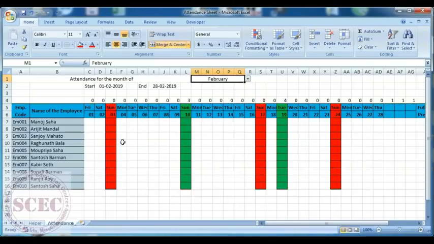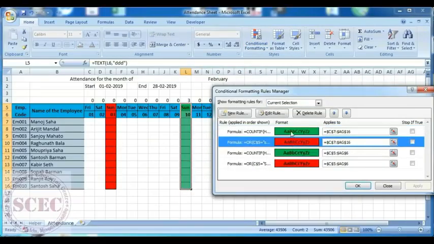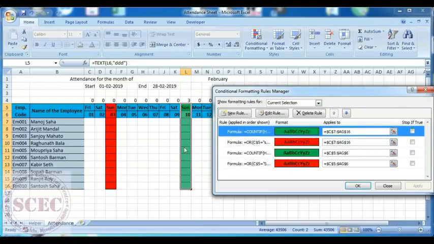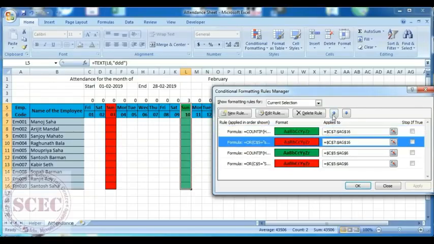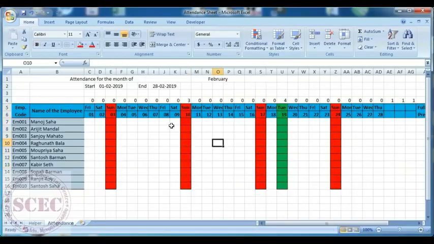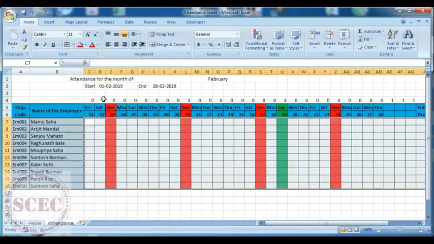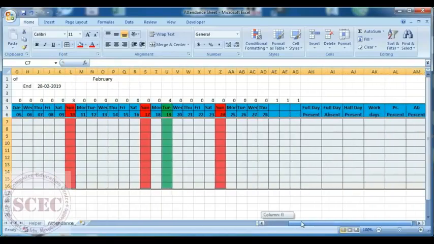We take February, the column has changed, but the problem is that here Sunday is green. This is because in conditional formatting we have given all the conditions, but here green is above the red. Here it's Sunday and a holiday both, so both conditions are met and the first condition is green, so it shows green. If we put the red one above the green, then this problem will be solved. Same here. Now we will give borders to the rest of the table, with all borders. So now it's all done.